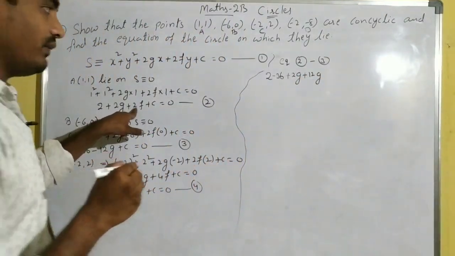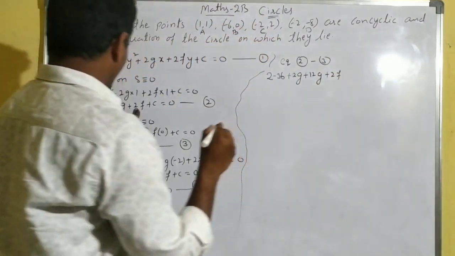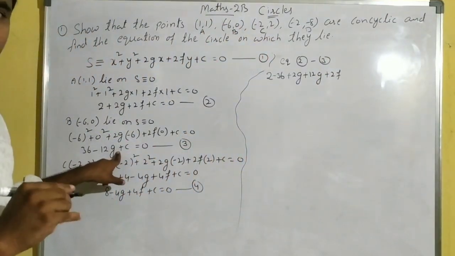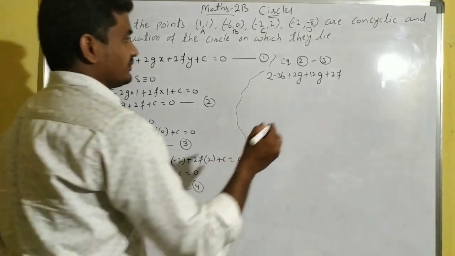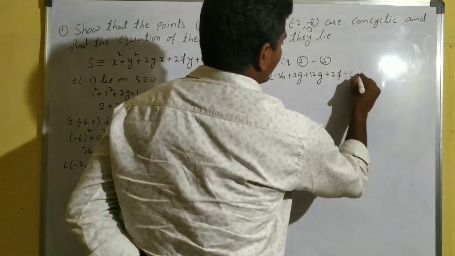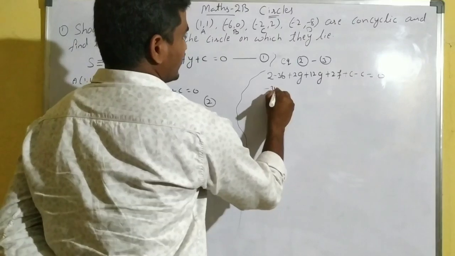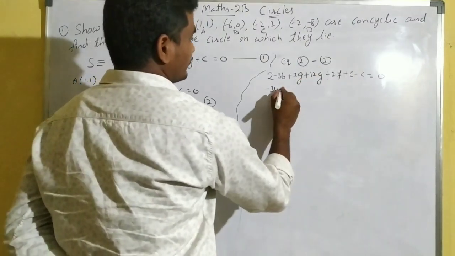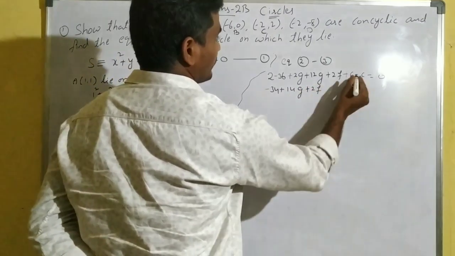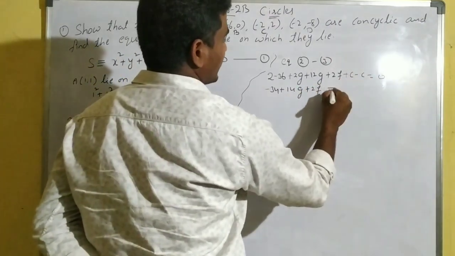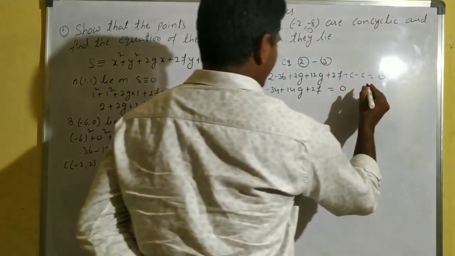Next here 2f, and here f term is not there, so no need to take it here, and plus c, and this becomes minus c. C minus c equals 0. It comes to minus 34, and it becomes plus 14g plus 2f plus c minus c gets cancelled, that equals 0. So finally it is equation number